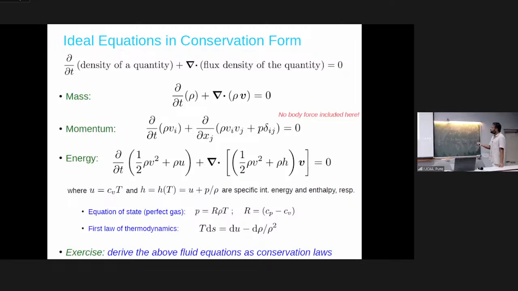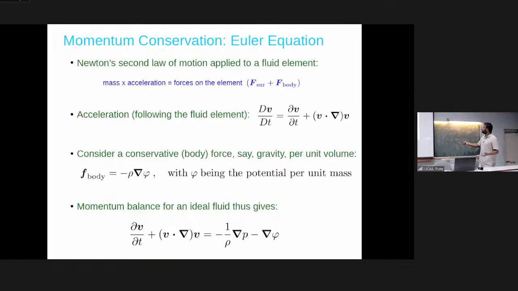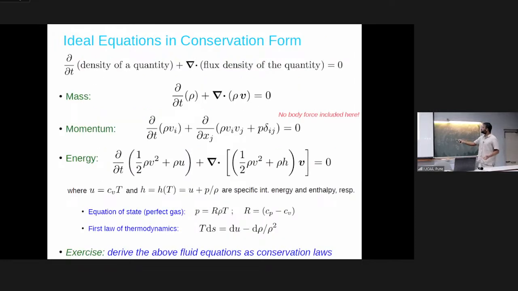You will use many of these things to write equations in a conservation form. Again, any quantity you choose, write the density of that quantity. Put that in a form which is the divergence of the flux density. Convince yourself that this is a divergence here, right? I've ignored the body force, so you don't need to include it. You can include it. This is body force. So ignore that and just simply try to write that this equation is fine. Convince yourself that this del del xj is a divergence.